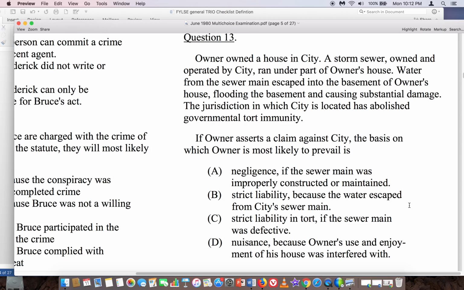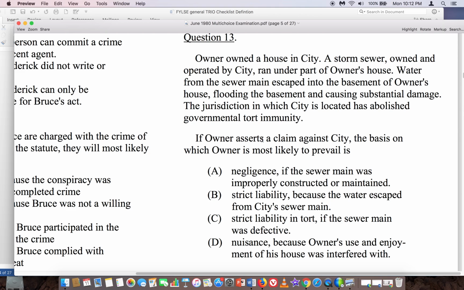Now pause it if you don't want to hear the answer and explanation. If you're not ready, pause it. I'm going to tell you the answer now. The best answer is A. Now the reason it's A is because